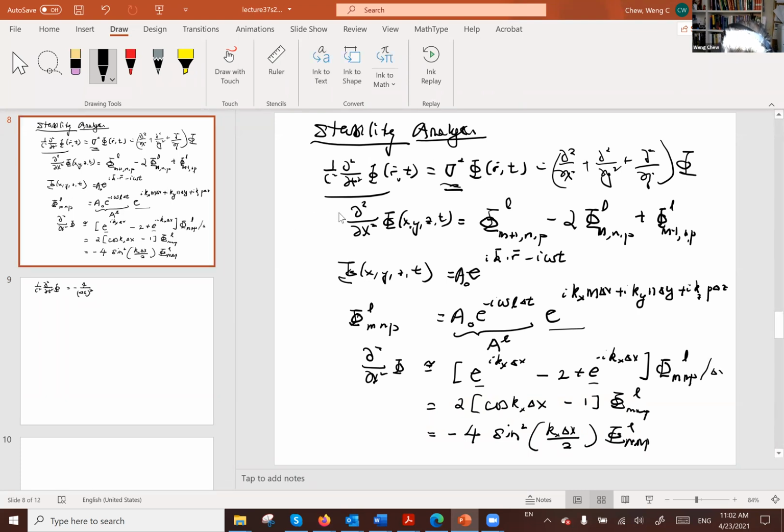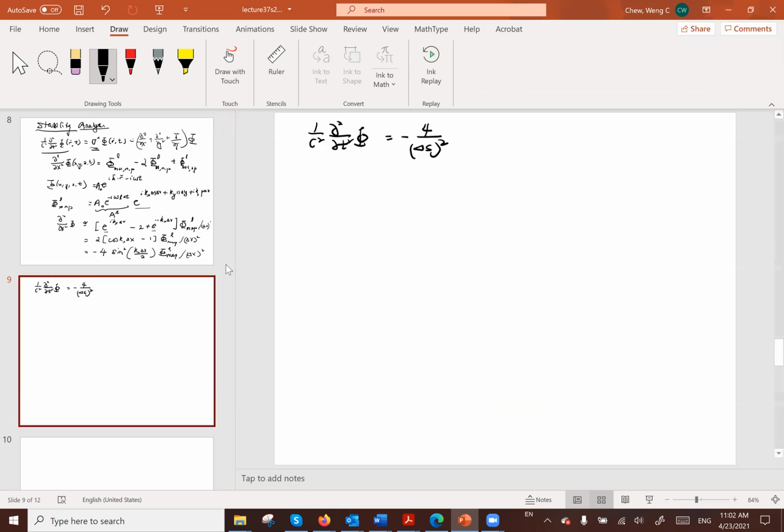Because it's the second derivative, I'm missing this delta s squared. When you do the second order approximation, you should put that in. So if you do that to all the 3 terms on the right-hand side, the correct formula you have now is sine square